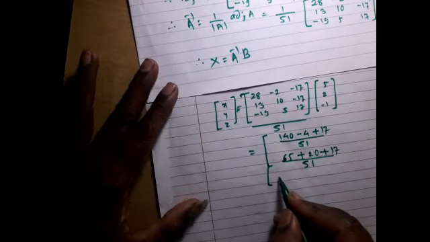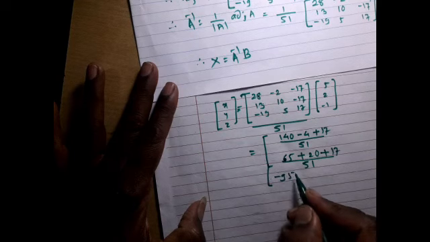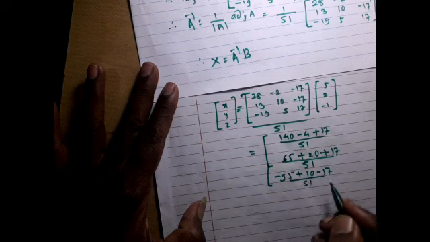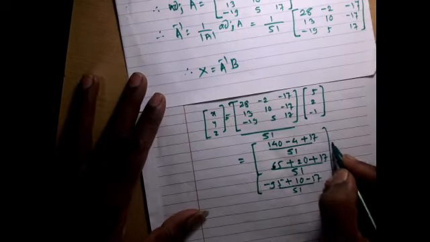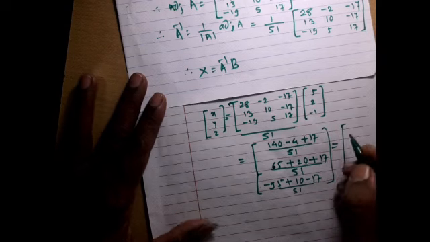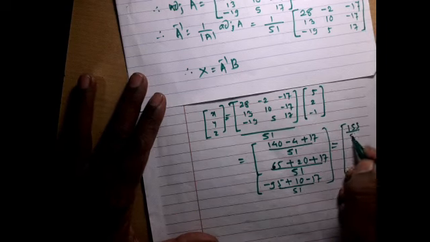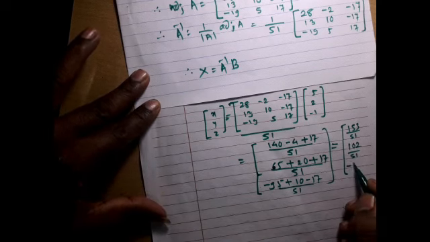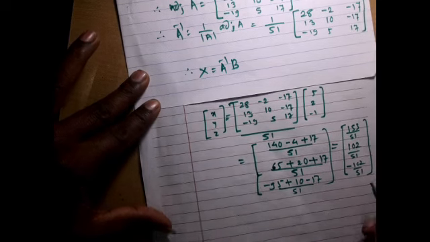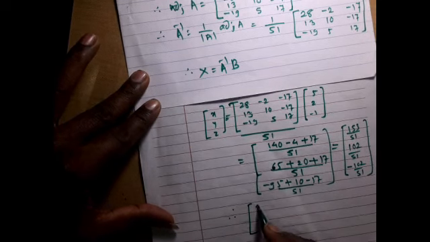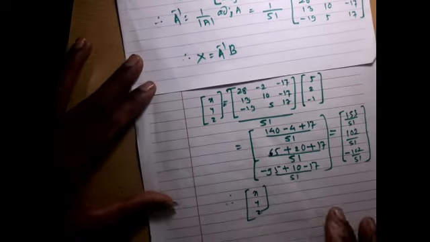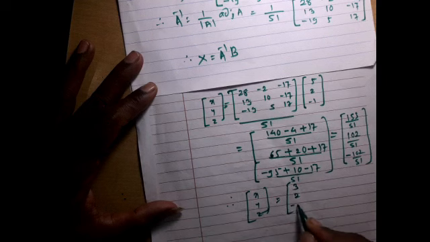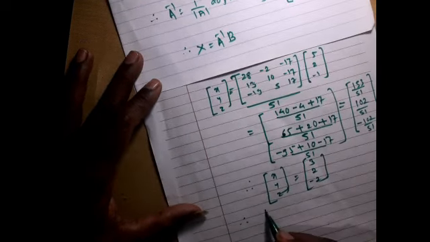And third, minus 19 5s is minus 95 plus 10 minus 17 upon 51. This is equal to 153 upon 51, 102 upon 51, minus 102 upon 51, and therefore final x y z is equal to 3 2 minus 2,